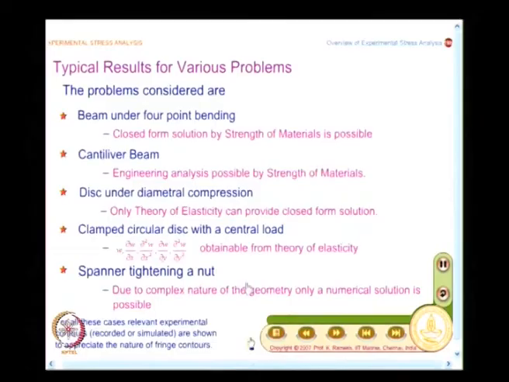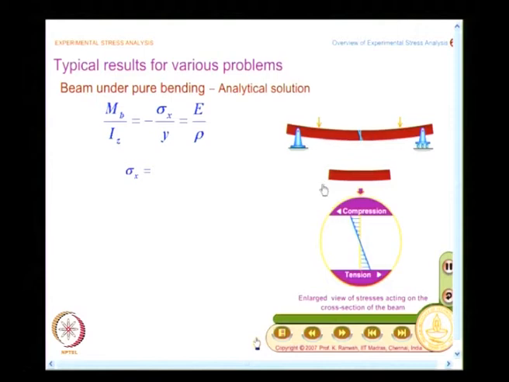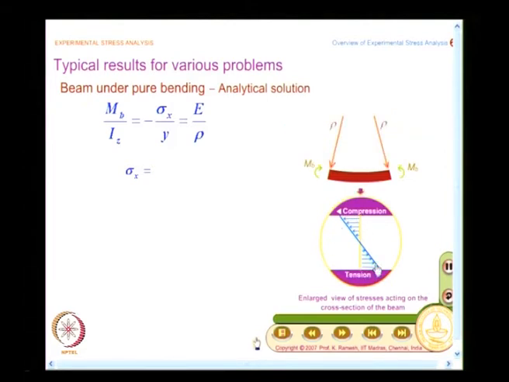And now we take up the problem of beam under 4-point bending, and what you have here is, I have a beam and this is shown as x axis, this is y axis, and you have taken a central portion of the beam which is subjected to bending moment M_B, and in this you have the stress variation over the depth like this, which shows the variation is linear and the central core does not contribute to load sharing. And you have the famous flexure formula here, which is in a slightly different form than what you might have seen in some of the books.